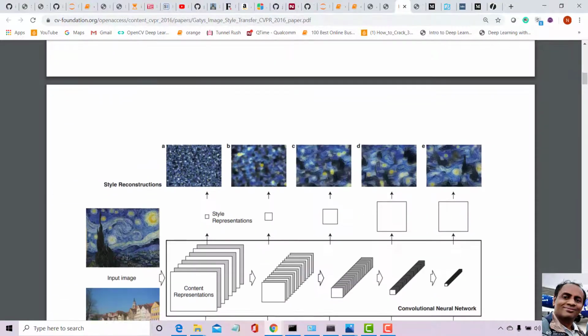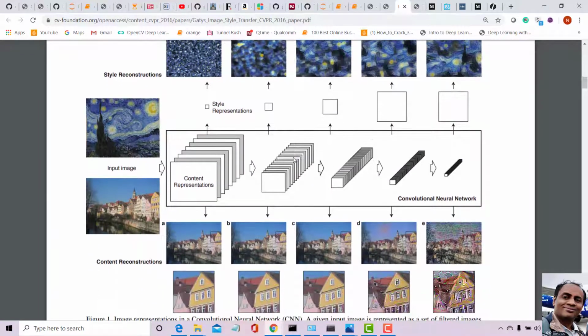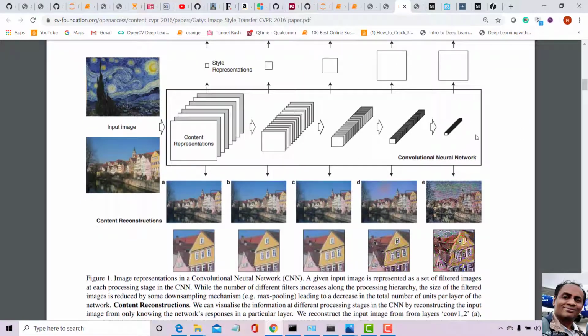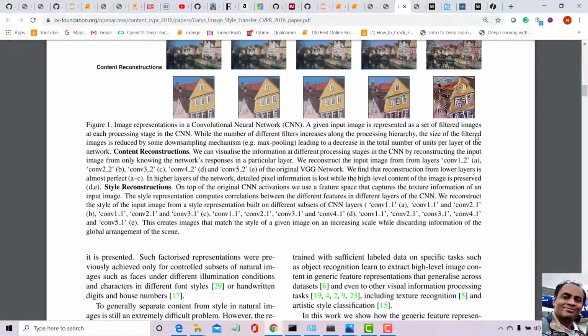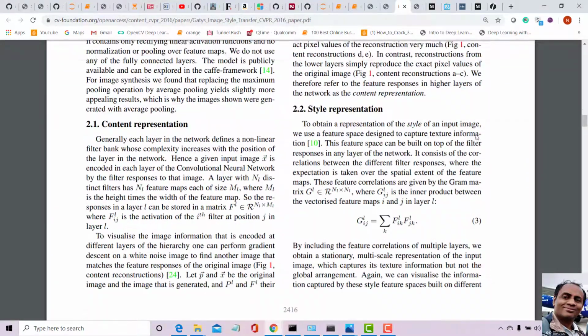This is very interesting. They noted that some layers of the VGG have content representations, mainly the lower layers, and the higher layers have style. So what we want to do is preserve the content of the original image and only change the style. That is the understanding from this.